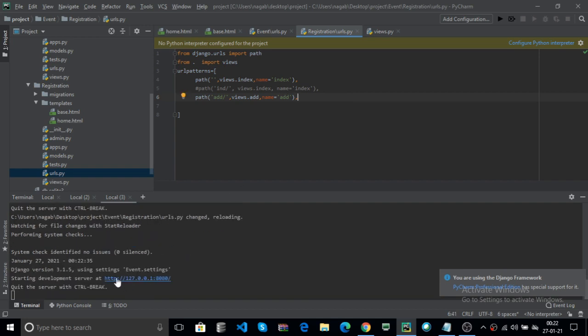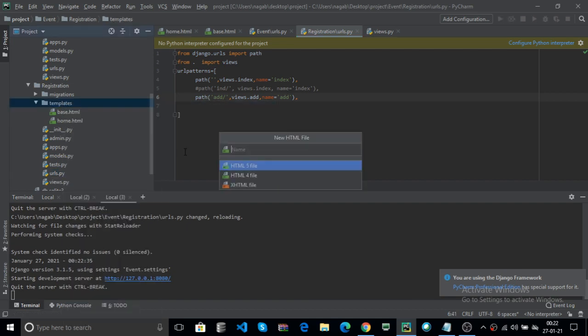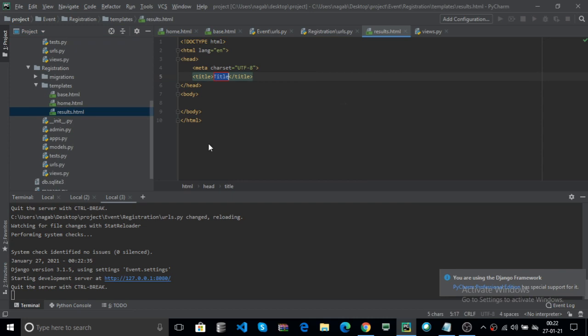Now here there is no results.html. Now click on the new HTML file. Here results.html. Now here in this body, like we check the status.